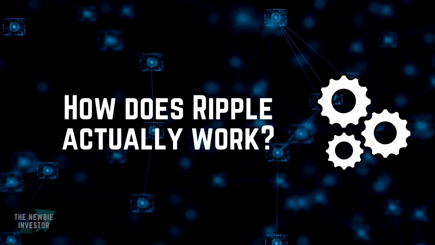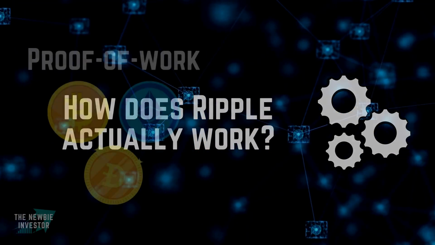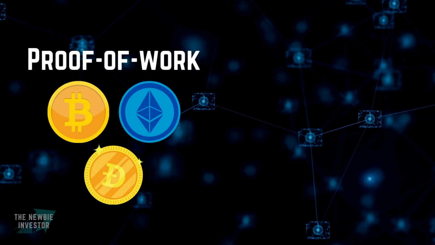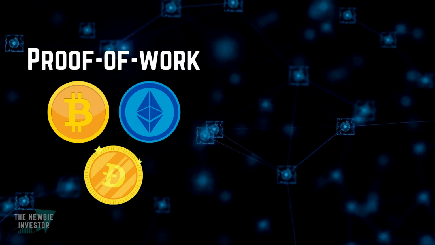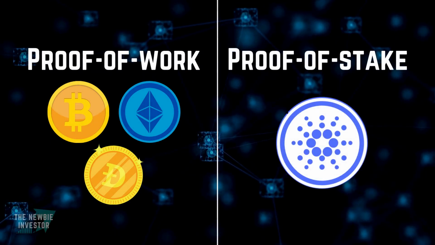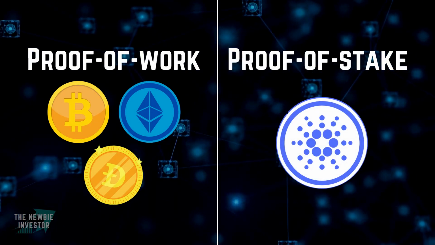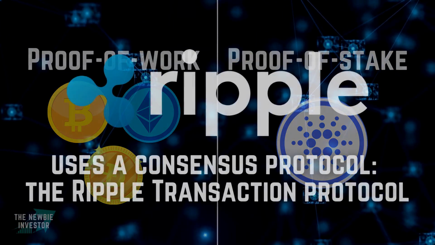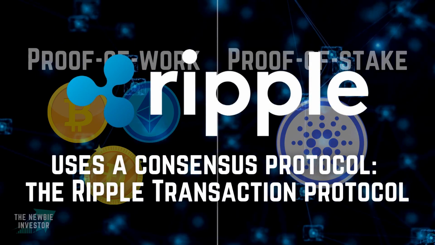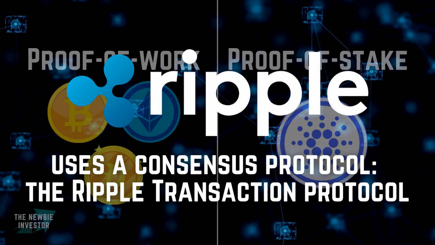Currently, the two most popular concepts upon which cryptocurrencies are based are proof of work, which is what Bitcoin, Ethereum, Dogecoin, and a lot of other cryptocurrencies use, and secondly, proof of stake, which is most notably used by Cardano. Both concepts have advantages, both have drawbacks, but Ripple does not use either. Instead, Ripple uses a consensus protocol to validate account balances and transactions on the system, and that protocol is called